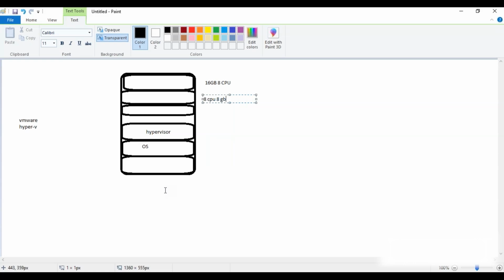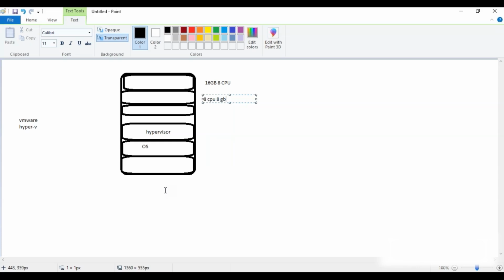And another advantage virtualization provided is running it on your local laptop also. Like VMware has VMware Workstation, and Vagrant is also there. You can run it on your local machine, and you can create multiple virtual machines if your laptop supports that feature. We can create multiple virtual machines inside our local machine also.